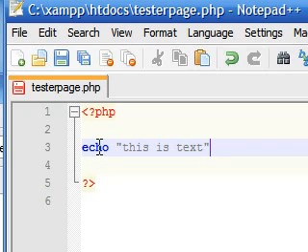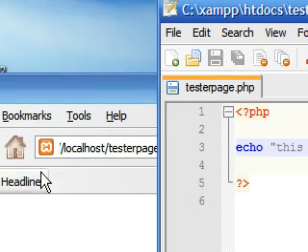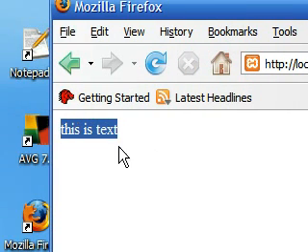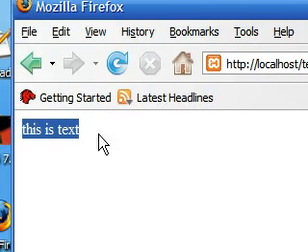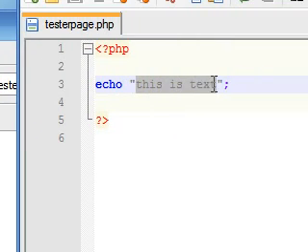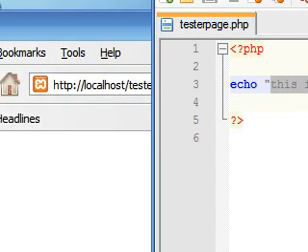I wrote this is text, then a semicolon. You always end your lines in PHP with a semicolon. Now, if you save it and refresh your page, you can see that it outputted this is text. That's what the echo does. It just outputs whatever it is to the screen.